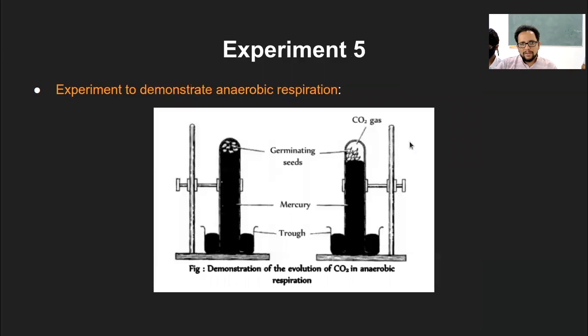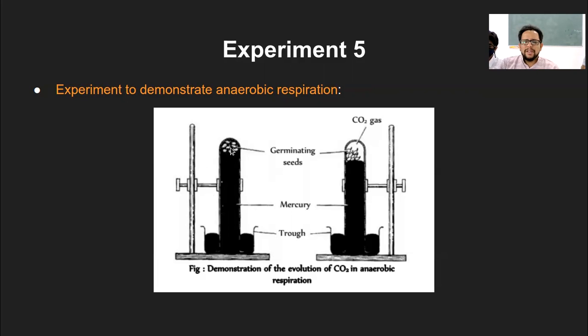And the last experiment is to demonstrate that the anaerobic type of respiration can happen. So what is done is, this is a test tube which is filled with mercury. Even in the beaker, there is mercury in both. This is the situation first, and after a few days, it goes to situation 2. So mercury is filled in this test tube. A few germinating seeds are put at the end, and then the tube is inverted and dipped inside the beaker, like it is shown in the diagram.